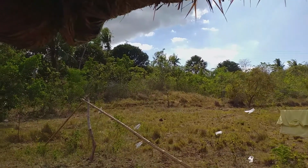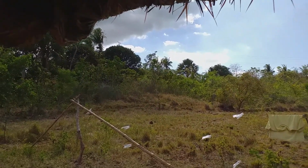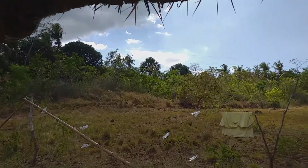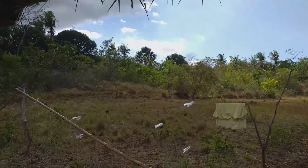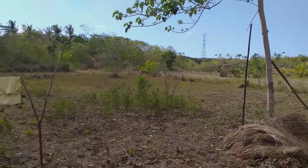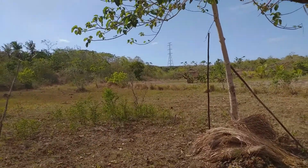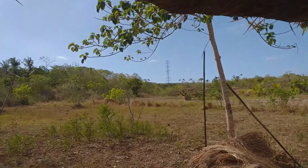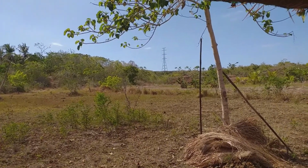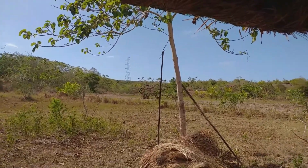Again, to show you the view of a very hot day in our hometown, and everything is still. We just arrived yesterday, and in the afternoon we went to Dalingding